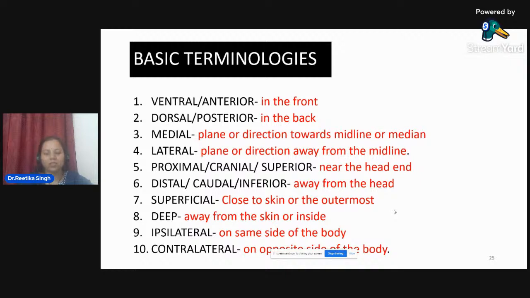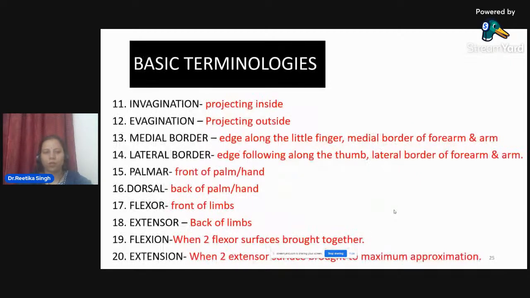Ipsilateral, on the same side of the body. Contralateral is opposite of the body. Invagination is projecting inside and evagination is projecting outside of the body. Medial border, edge along the little finger, medial border of forearm and arm, and lateral border is the edge following